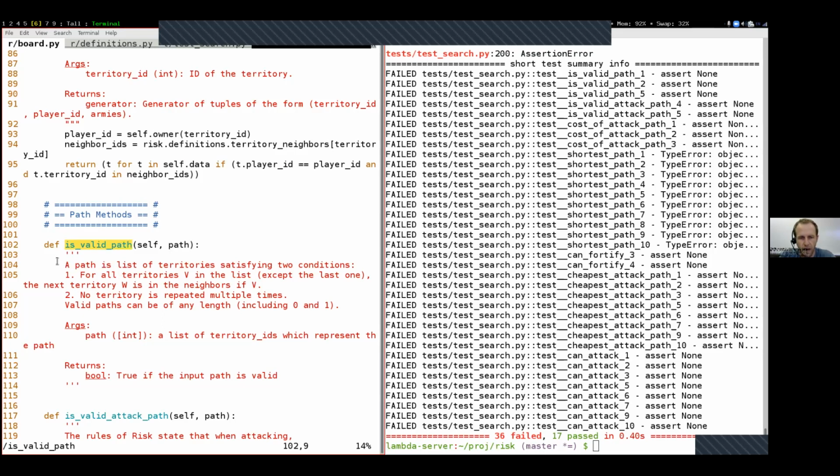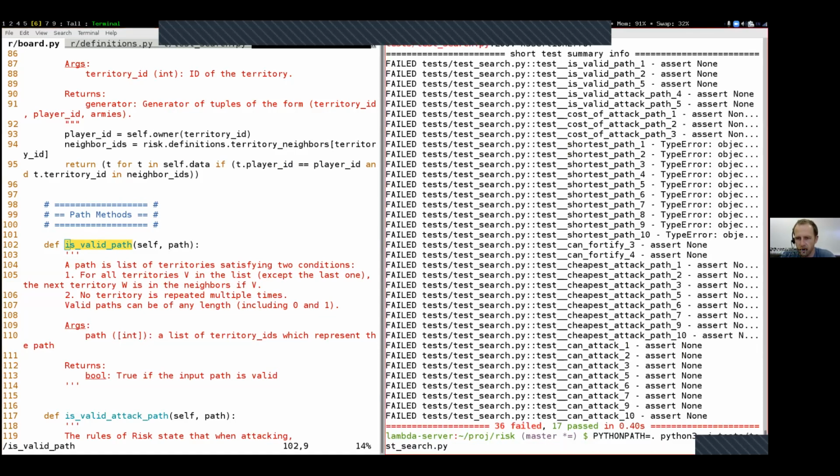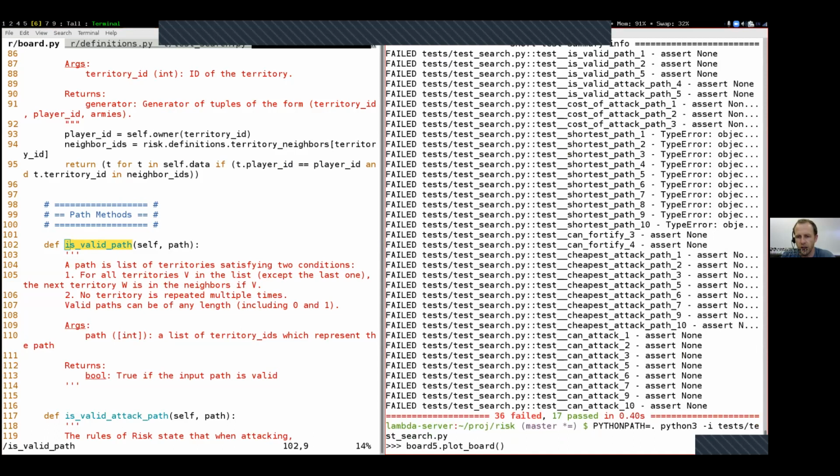So what is a path? A path is a list of territories that satisfy 2 conditions. The first condition: for all territories V in the list, except the last one, the next territory W is in the neighbors of V. And then no territory is repeated multiple times. Down here in the arguments, we can see that the list must be a list of integers. I'm going to come back into interactive Python, and let's